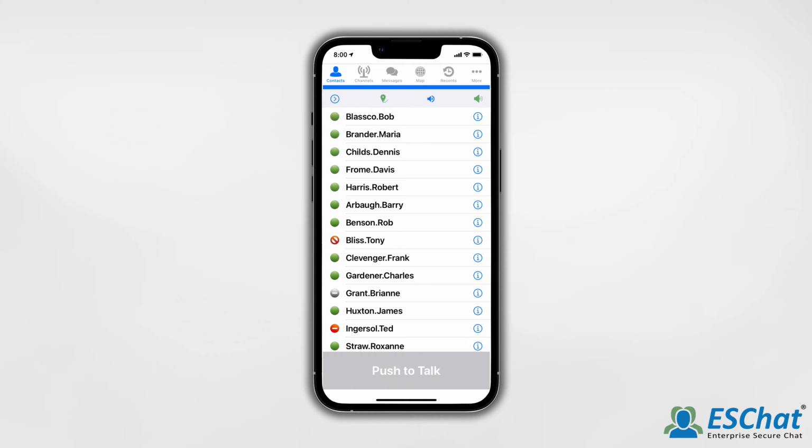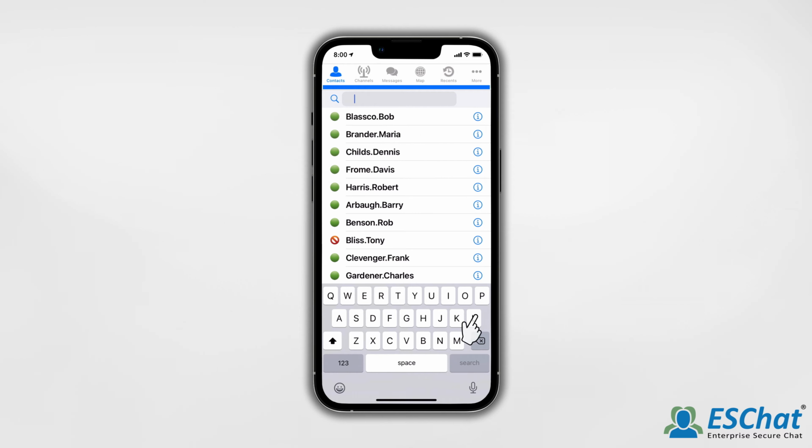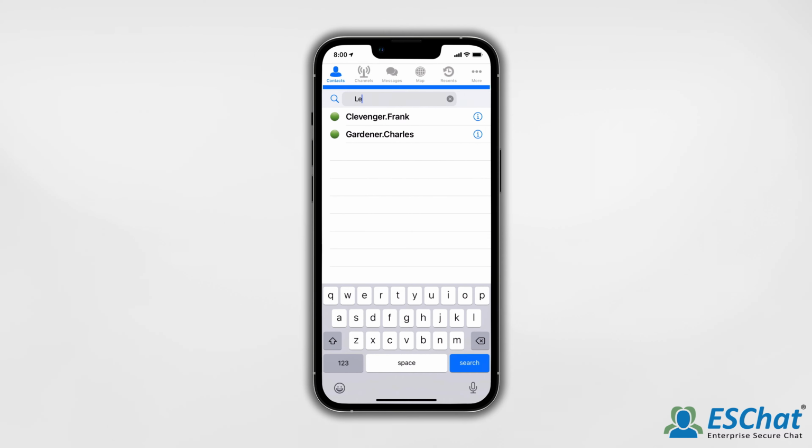ESChat's filter and search features exist in the Contacts and Channel tab. We'll begin at the Contacts tab. The Filter feature sorts through your existing contacts. First, press the Option Action menu icon, select Filter Contacts, then begin typing, and any appropriate matches will appear on